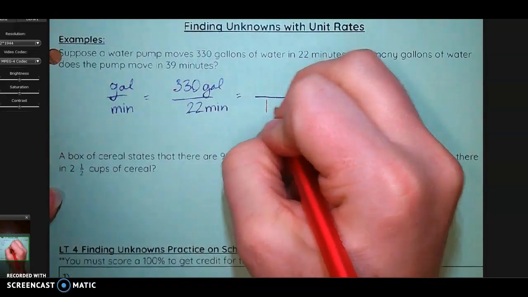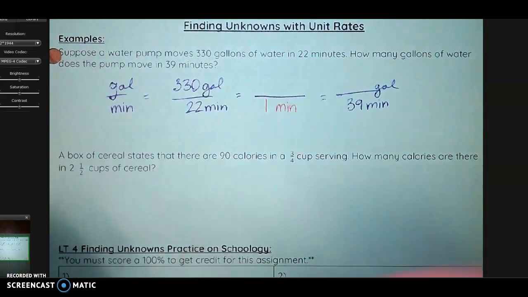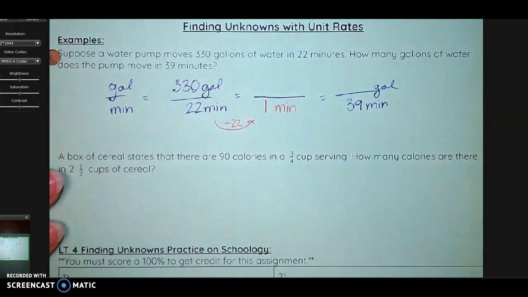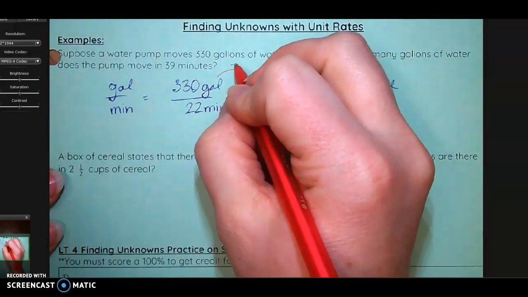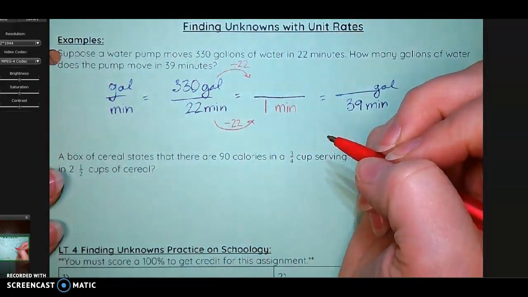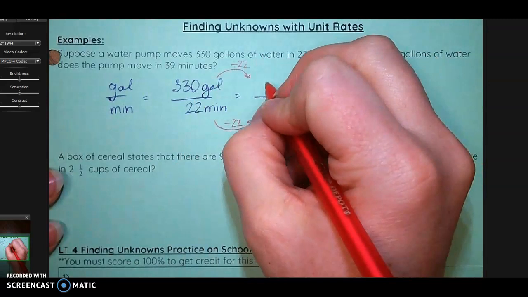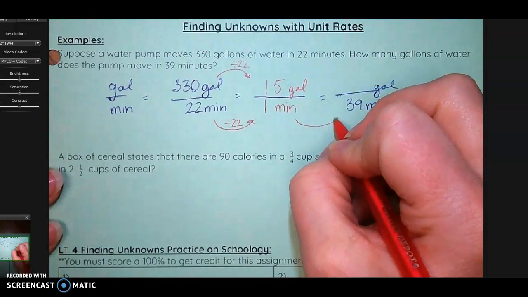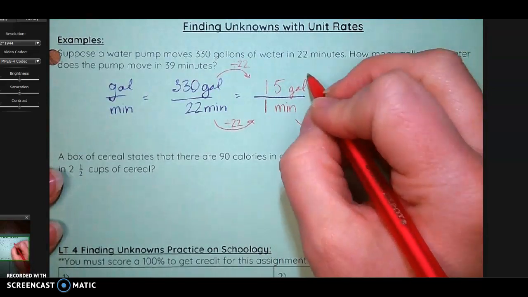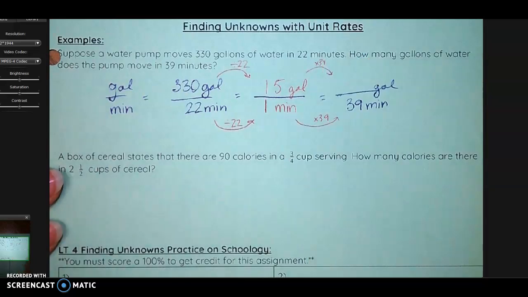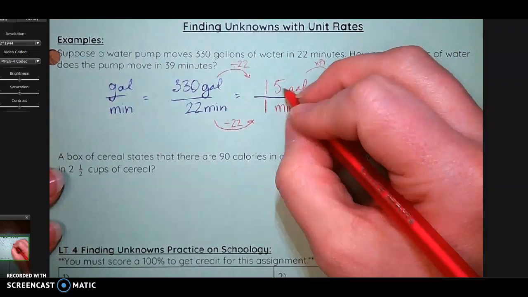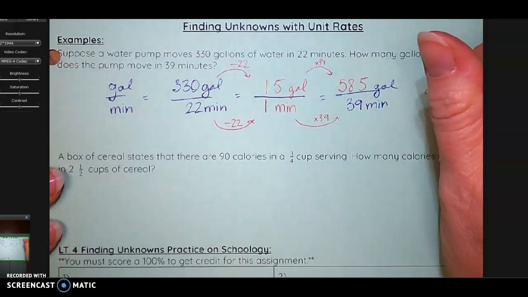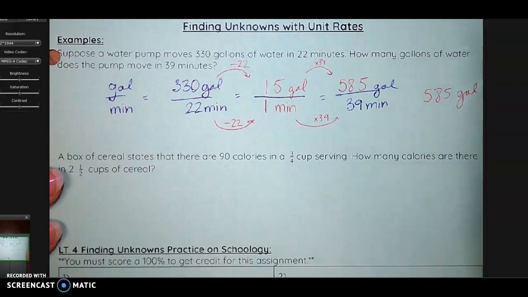So I'm going to find for 1 minute. So how much can I move in 1 minute? In order to do that, I'm going to divide by 22. Now whatever I do to the bottom, because remember this is still a fraction, I'm going to do to the top. So 330 divided by 22 is going to be 15 gallons in 1 minute. So if that's how much I can do in 1 minute, I'm going to multiply by 39 to see how much I can do in 39 minutes. When I do 15 times 39, I'm going to get 585 gallons. So that means that I can move 585 gallons